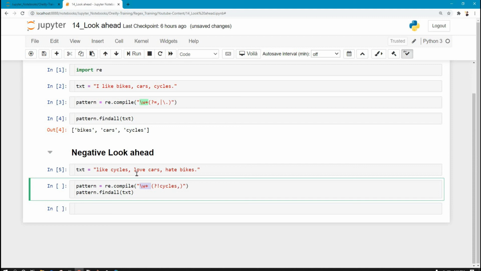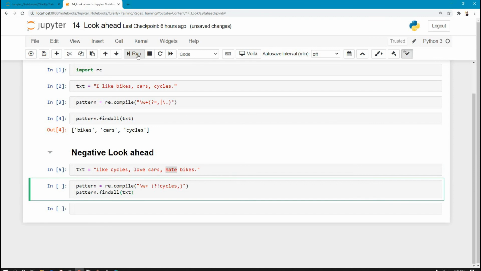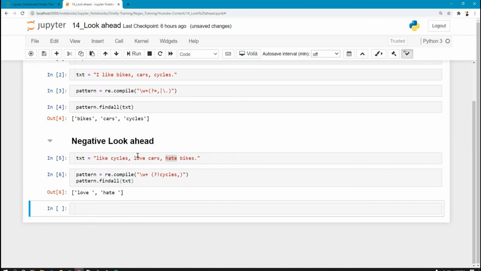So which means wherever it is cycles comma will be discarded. So the words before that will be discarded and the other words will be printed. Now when I run this, it will print love and hate. So love has cars and hate has bikes. It does not have cycles. So like cycles will be discarded.